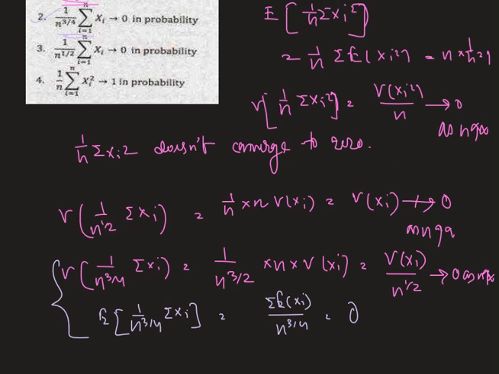Now option 3 cannot be correct because the variance doesn't tend to 0 as n tends to infinity, therefore option 3 is not correct. Now the option 4,